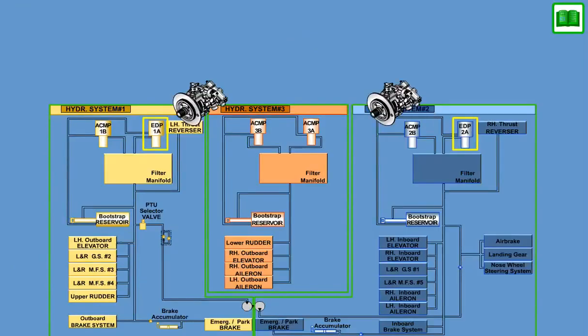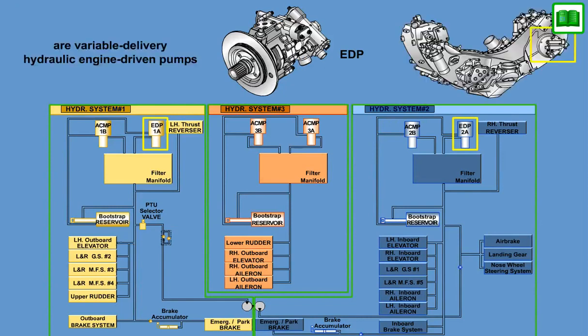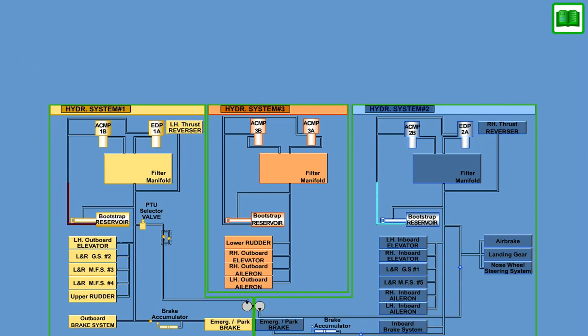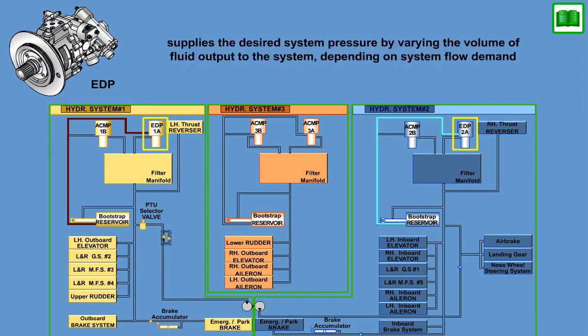The 2 engine-driven pumps, EDP, are variable delivery hydraulic engine-driven pumps mounted to the engine gearbox. Pressurized hydraulic fluid is supplied to the EDP via the suction line. The pump provides hydraulic pressure to hydraulic systems 1 and 2 whenever the respective engine is running. It supplies the desired system pressure by varying the volume of fluid output to the system, depending on system flow